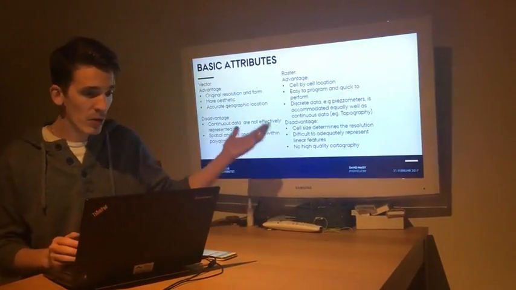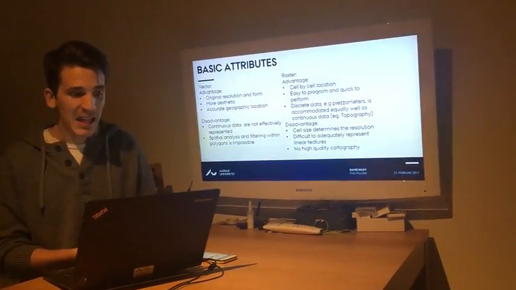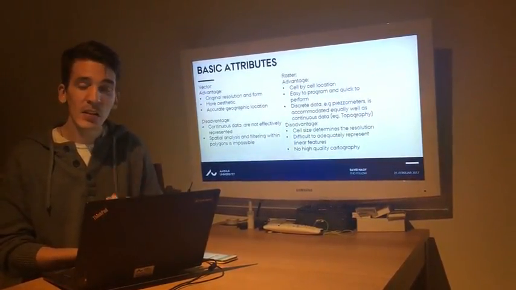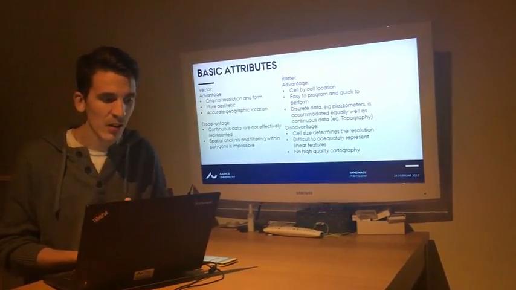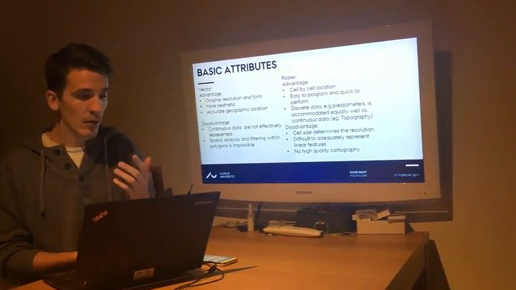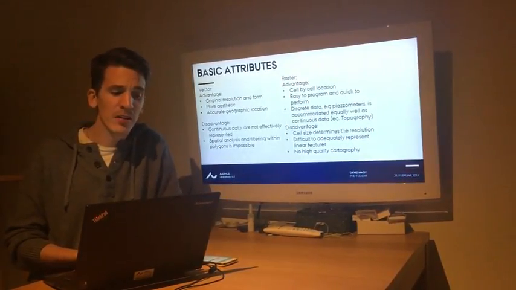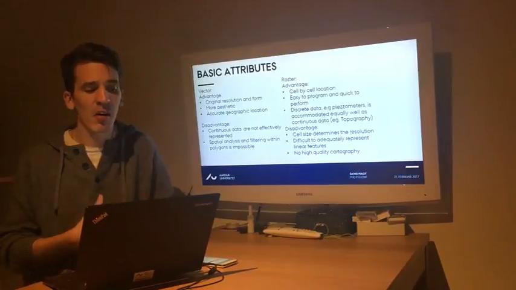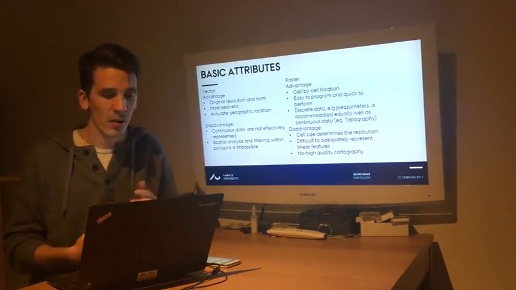It keeps the original resolution and the real form, aesthetically as well, but the disadvantage is that continuous data cannot be represented effectively with vector data sets, and